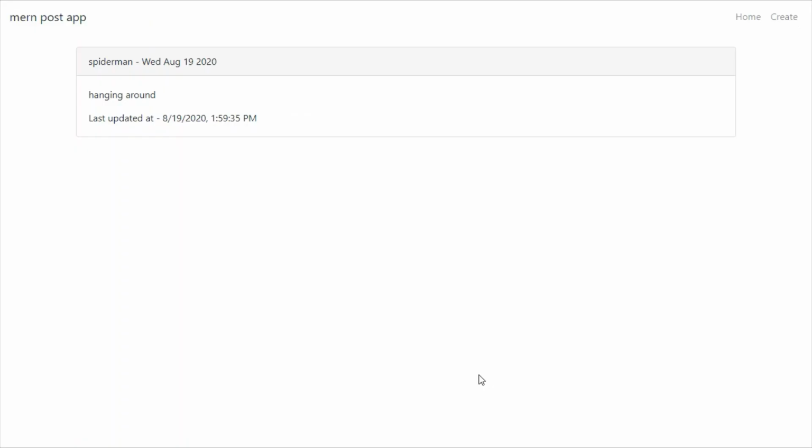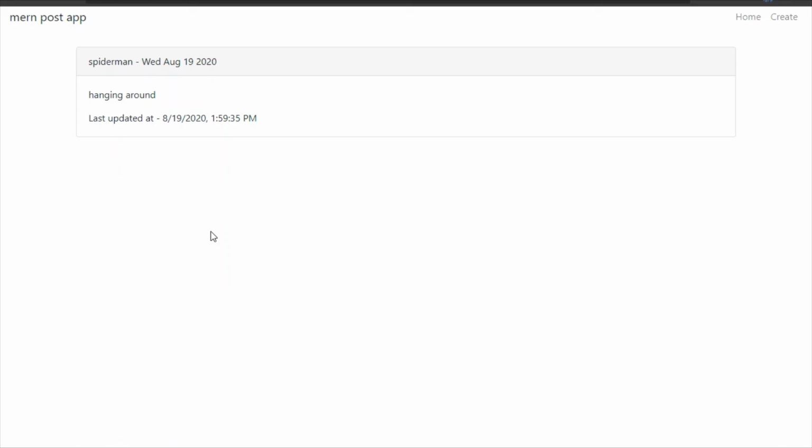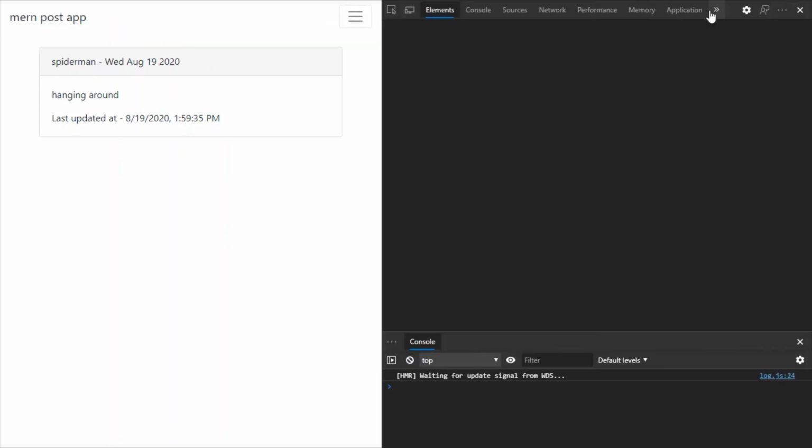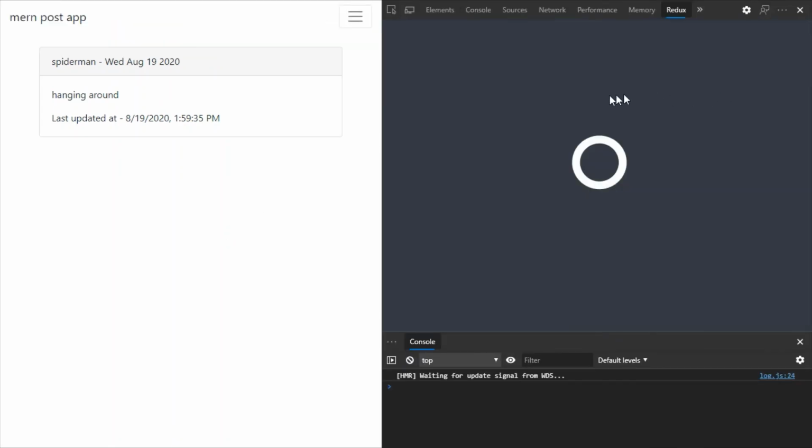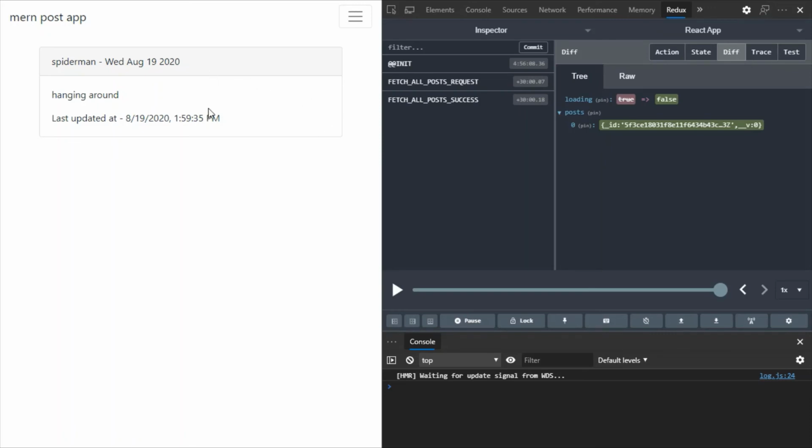So now I am in my UI, and you can see the old post, and I have deleted it, and I am just going to open the developer options from that Redux, and also I'm going to now reload the page.